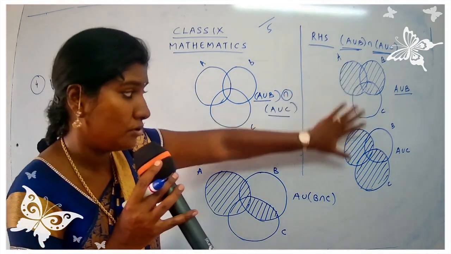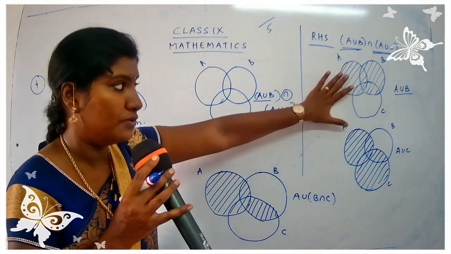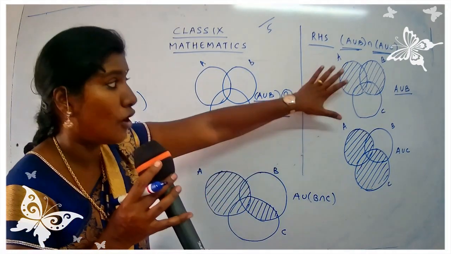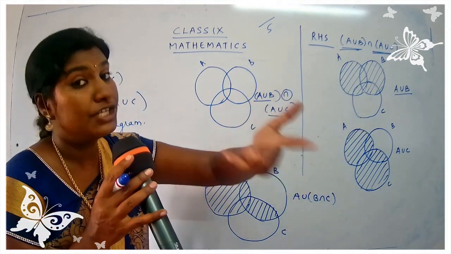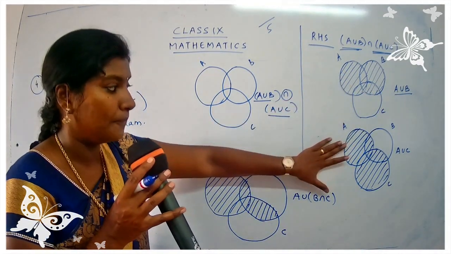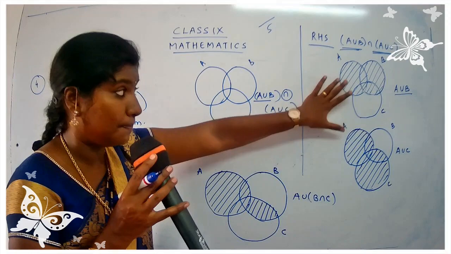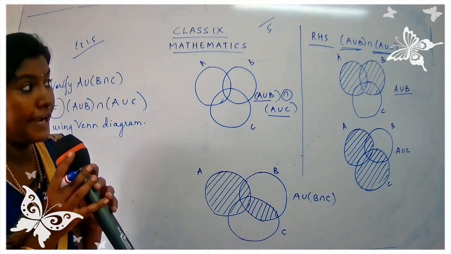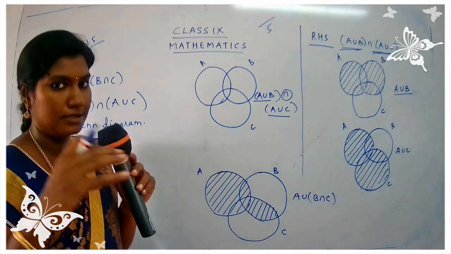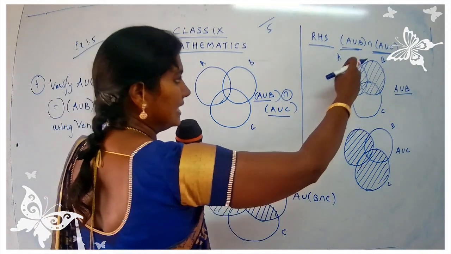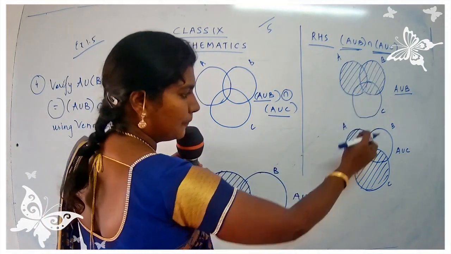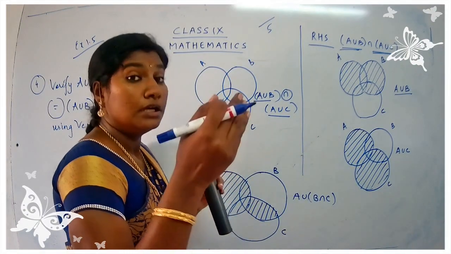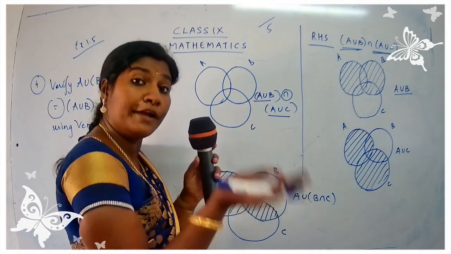Observe the figure carefully, and you are going to find the common part. What is commonly shaded here? I am not going to see the unshaded part, okay children? You are going to see the shaded part. So which part is shaded common for both of them? I am going to see set by set. First of all, I will take the set A. Set A is fully shaded. I have told you, you are going to take the shaded part, and it should be common.